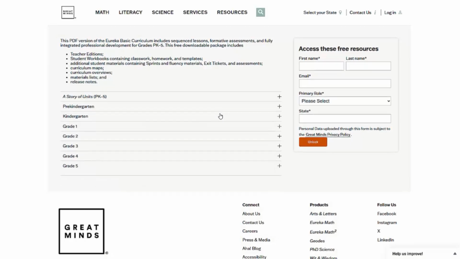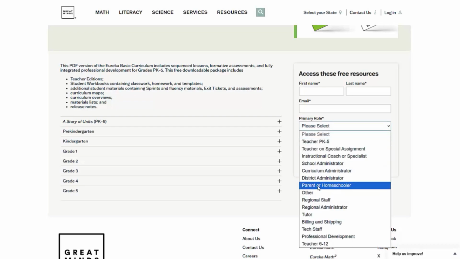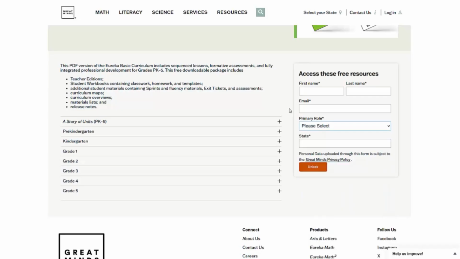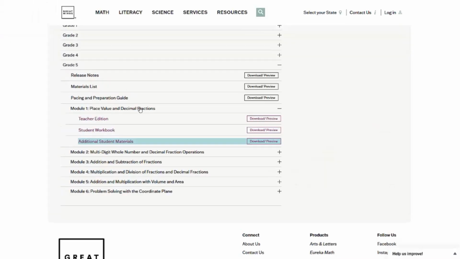In order to get this information, you do have to sign up and put your email address in. Then under primary role, I usually pick parent or homeschooler, because if you're a parent who isn't a homeschooler and you just want some additional math for your student, or maybe some learning for the summer, you can come in here as well. Once you sign in, and I've already signed in,